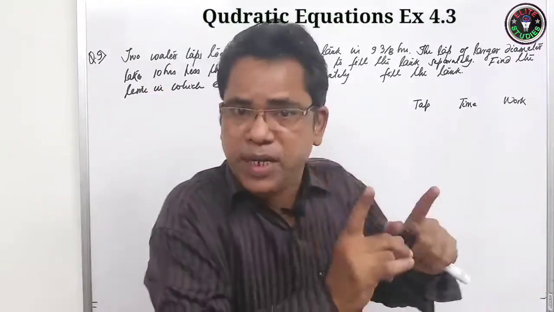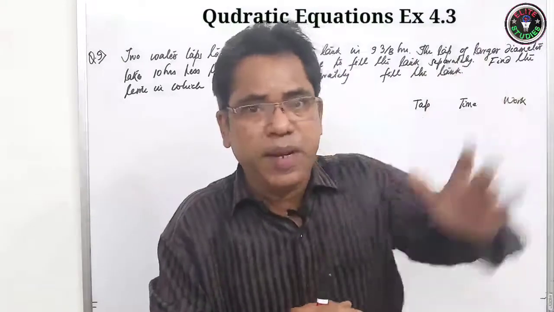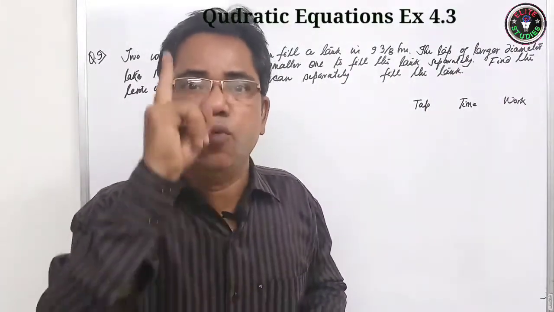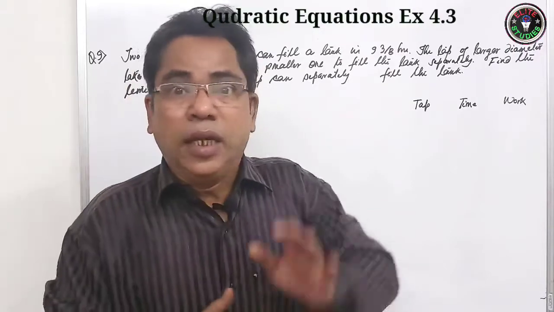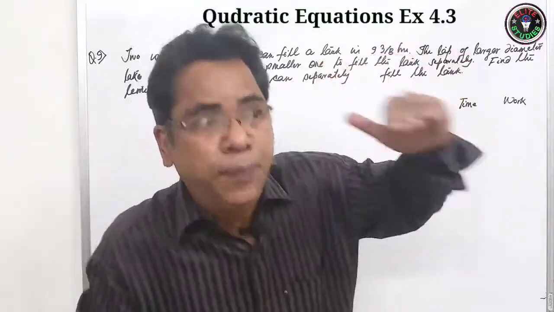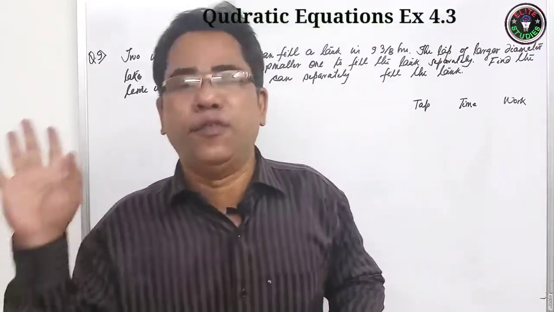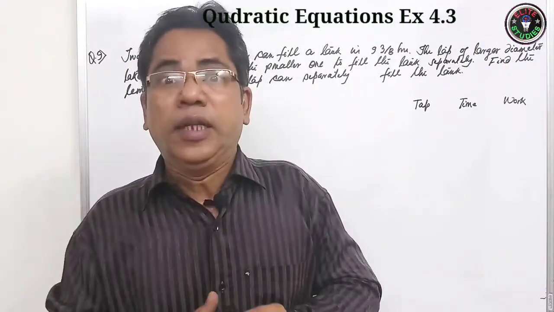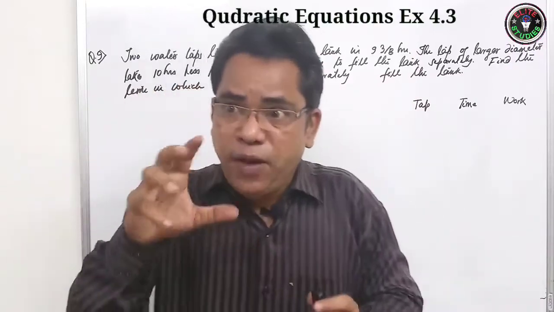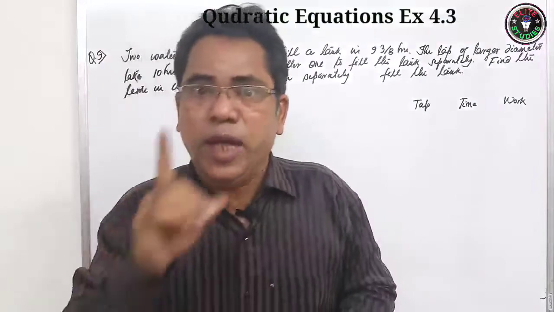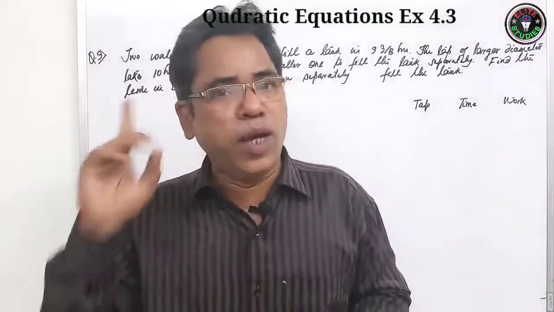Once you have completed that paper comprising 30 questions, you will be told that you have completed the work, and work done by you is 1. There are 30 questions. If you finish 15 questions, then your work will be half. This means whatever work has been given to you, if you complete that work, it will be represented as 1.